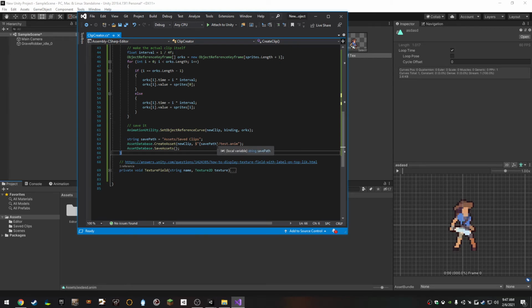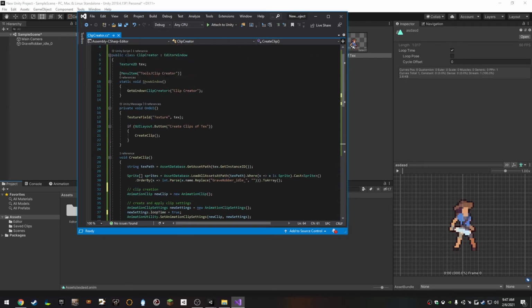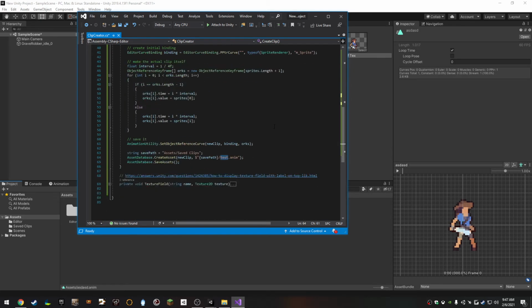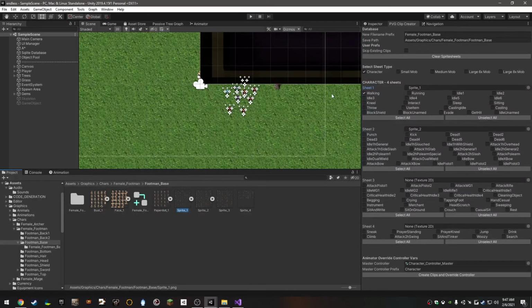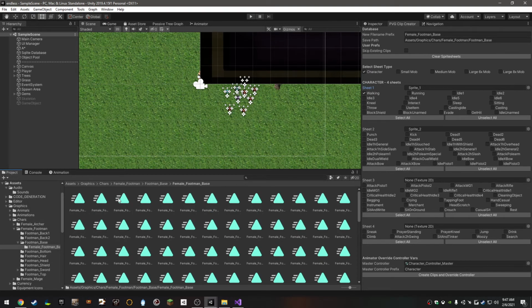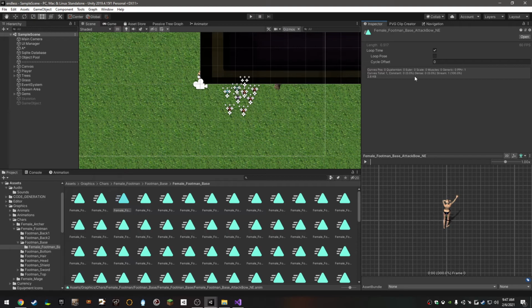So you have the save path slash whatever you want the name to be. I just put test. You could again put another property field up here, make a text field of it, and then set the name whatever you want it to be. I like to be very specific. Like with this one, as you can see, I have a ton of frames and a ton of different animations, and I name them like this, like female,